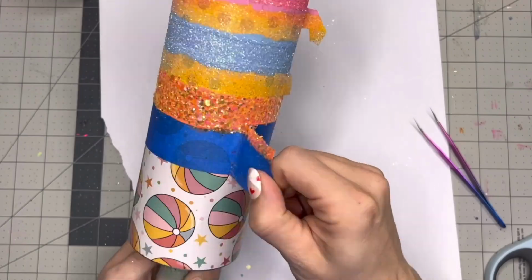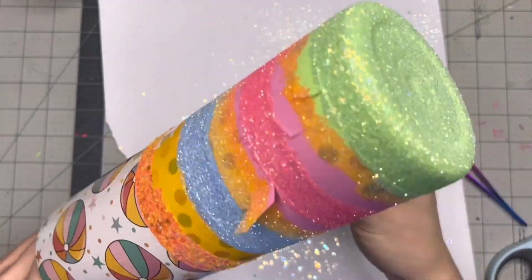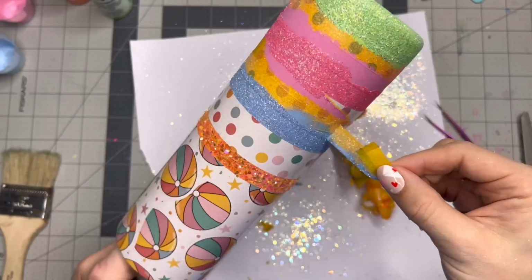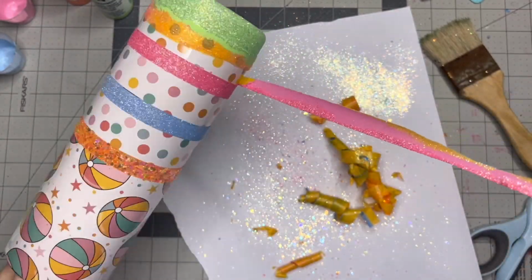So anyway, once I'm finished glittering the tumbler, I'm going to go in and immediately pull away all of the remaining tape that's on the cup. This orange painter's tape was a total nightmare to remove. It took me like 20 minutes to get it all off, but once I had it all off, I let my cup sit and dry for about an hour, and then I brushed off any excess glitter with a chip brush,